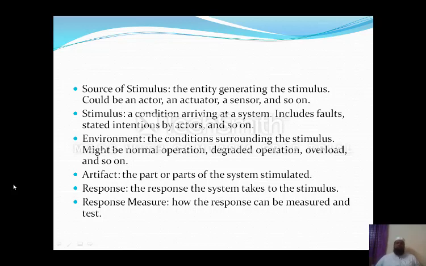If you see the requirements, the SRS document is the artifact. If you see the design phase, the model itself is an artifact. If you see the implementation phase, the .exe file is an artifact. If you see the testing phase, you are going to see the test cases as artifacts.